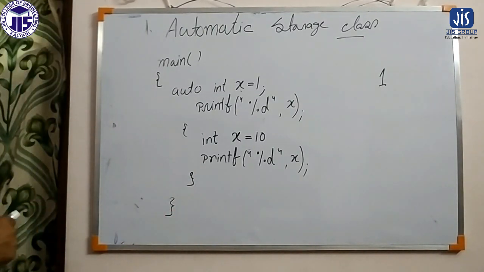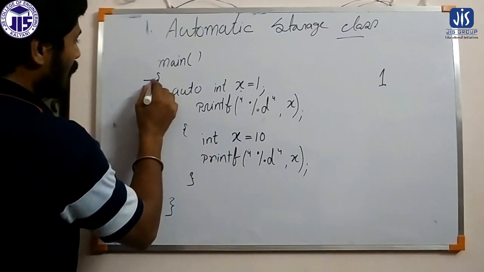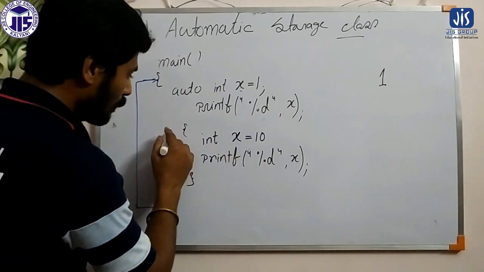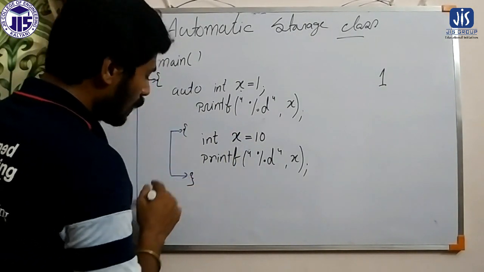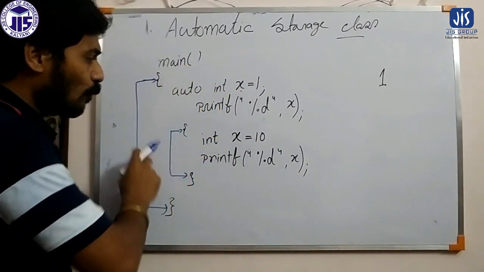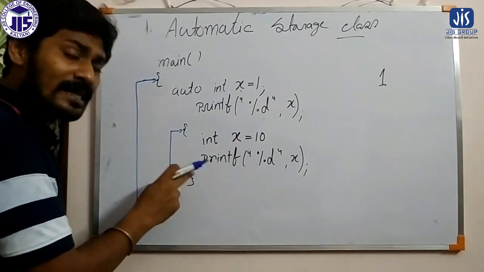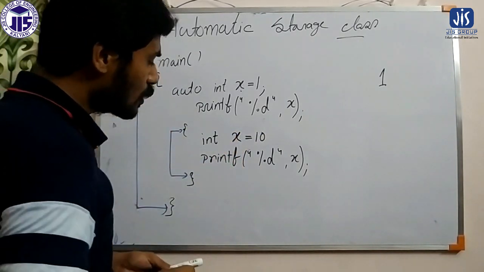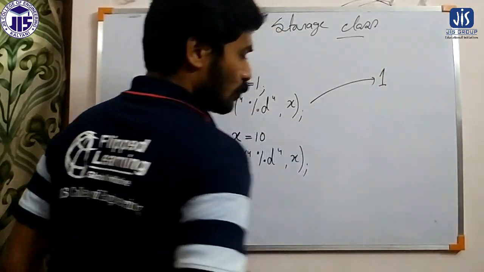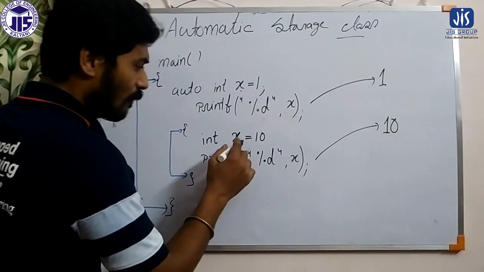you see that this x variable we have declared is in this block, and this x variable we have declared in this block. So there is a sub block inside the program. Inside the block there is a sub block. So this variable we have declared inside this. Now if I execute this program, due to this statement we will get 1 as output, and due to this statement what we will get? 10 as output, because the variable x is 10.